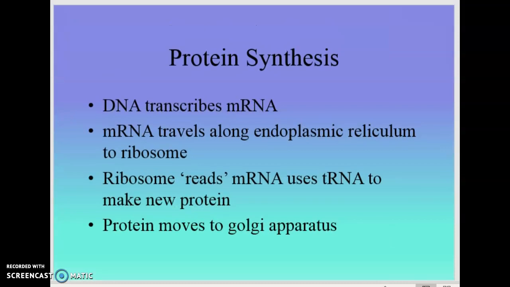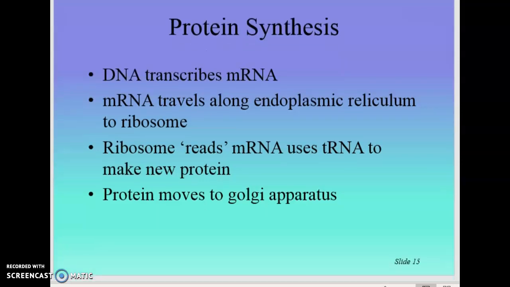Now, protein synthesis, as I mentioned before: DNA transcribes messenger RNA. Messenger RNA travels along the endoplasmic reticulum to the ribosome. The ribosome is comprised of ribosomal RNA. The ribosome reads the messenger RNA and uses transfer RNA to make the new protein. Once the protein is formed, it moves from the endoplasmic reticulum to the Golgi apparatus. So DNA,